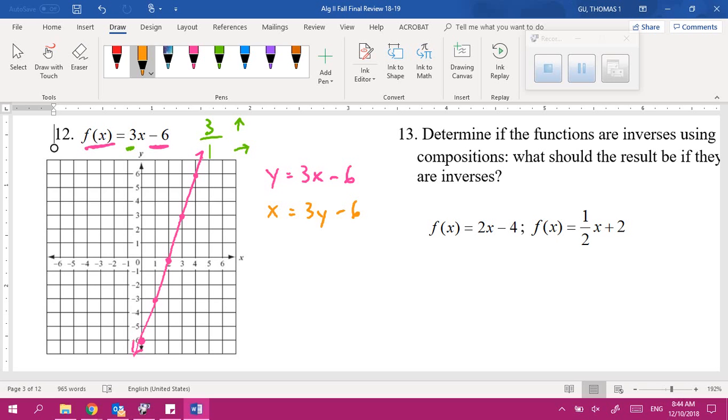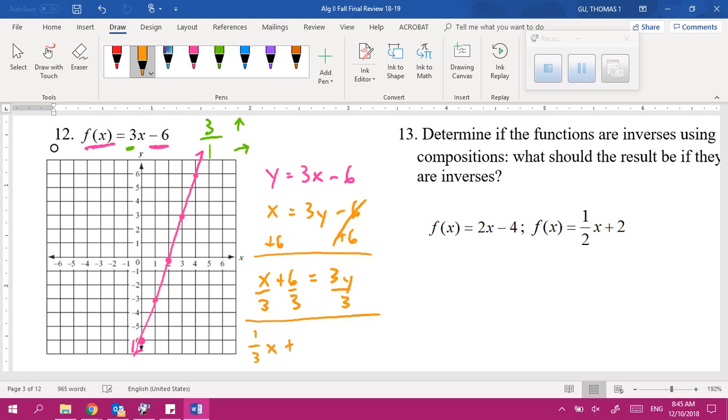So how am I going to solve for y? Add 6 to both sides. That gives me x plus 6 equals 3y. And now here's the part where a lot of people mess up. What do I need to do to get y by itself right here? Divide by 3. Now, that means I need to divide every term by 3. I saw a lot of people in the very first test only dividing the x by 3 or dividing the 6 by 3. So when I divide everything by 3, that's going to give me 1 over 3x